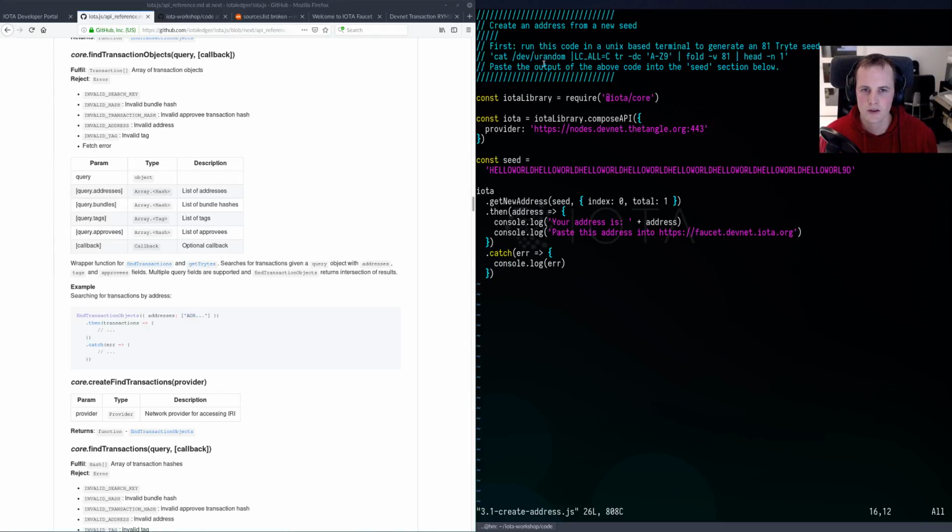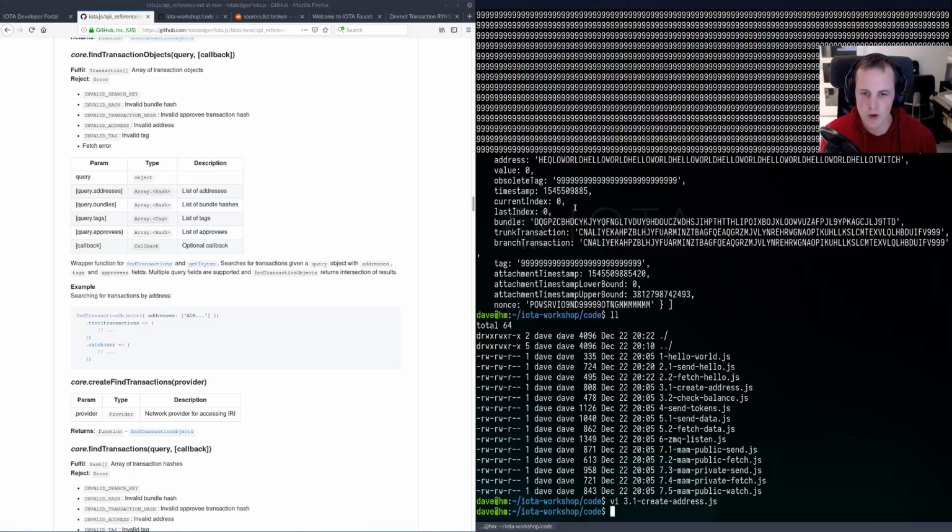Okay, it tells us here we need to get a seed first, because we're going to generate a new address based on the seed. Yeah, that's right. So if you look at the transaction right here, you can see the nonce here. It says